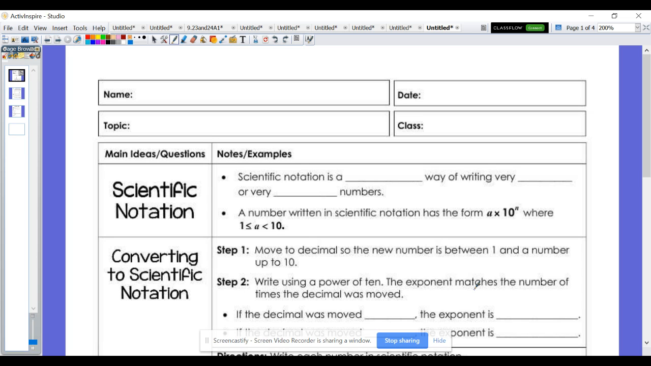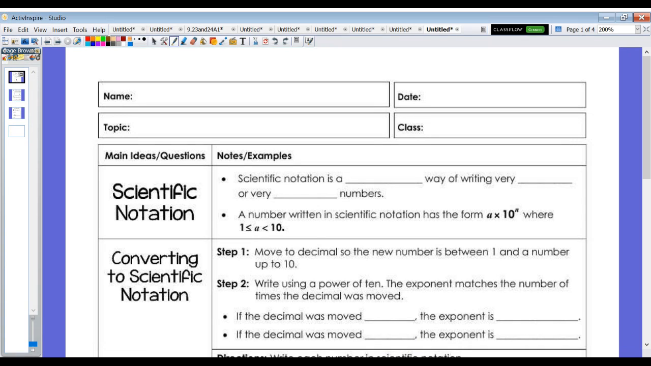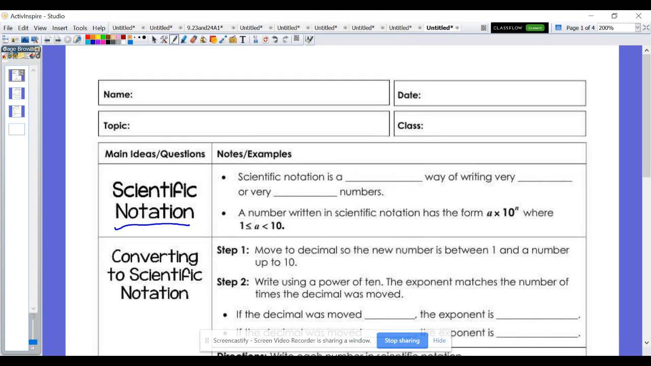Okay, so we're going to talk about a new way to represent numbers. And you may have seen this before. It's something that's used pretty often in science classes. You may not have seen it yet, but you definitely will in the future. It's called scientific notation. So to fill in these blanks here, scientific notation is a compact,